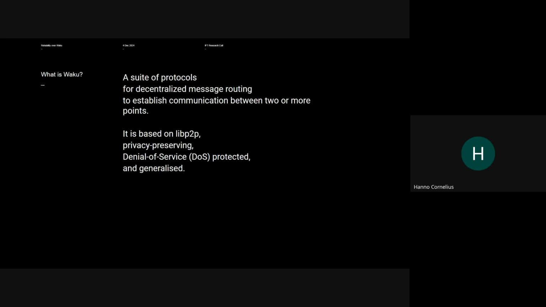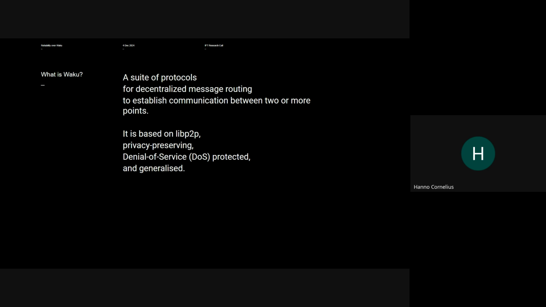But as per usual, I do start with a definition of Waku, and I'm sure many of you have heard many definitions by now, but I do like to repeat some of the jargon that I think will be most important for some of the points I make later. So Waku is a suite of protocols.